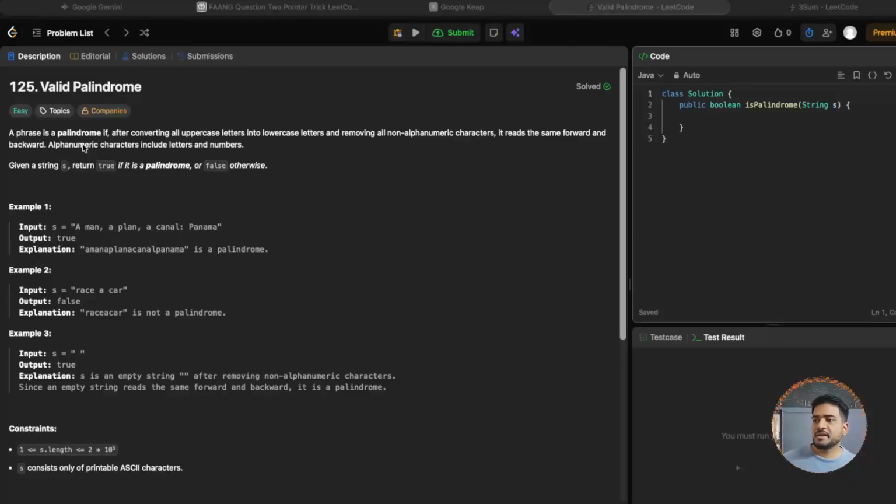Let's see this valid palindrome problem. I mean, this is an easy category of problem, but you find difficulty when you actually start solving it because characters are involved, and if you are not very familiar with how to work with characters, you will find difficulty. If you take this first example, it is actually a palindrome, but provided that the case